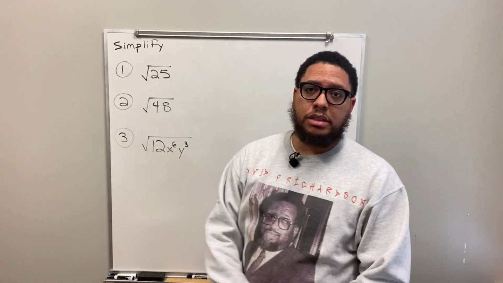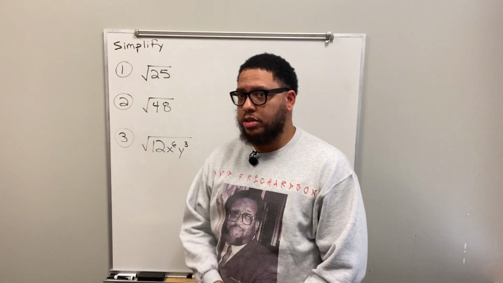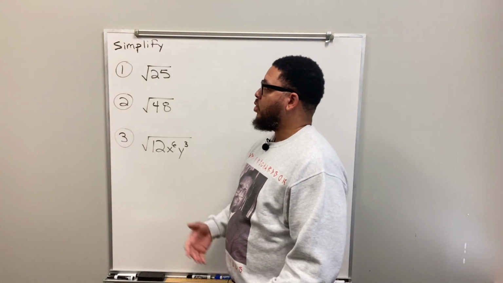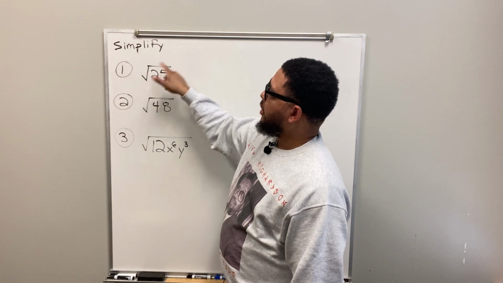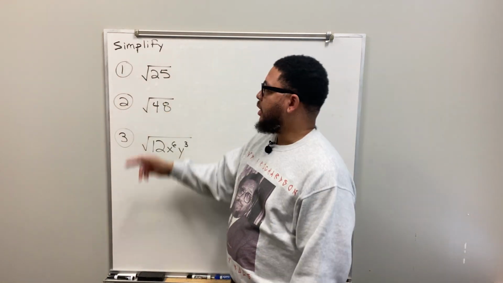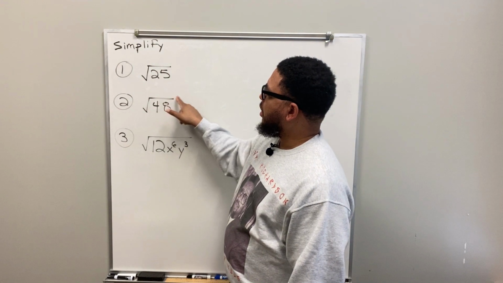So, today's lesson, we're going to talk about simplifying radicals. All right. Now, first off, let's talk about some terminology. What is a radical? A radical is this symbol right here that looks like a long division sign, except it's got this little check on it at the end, right? So radical sign,